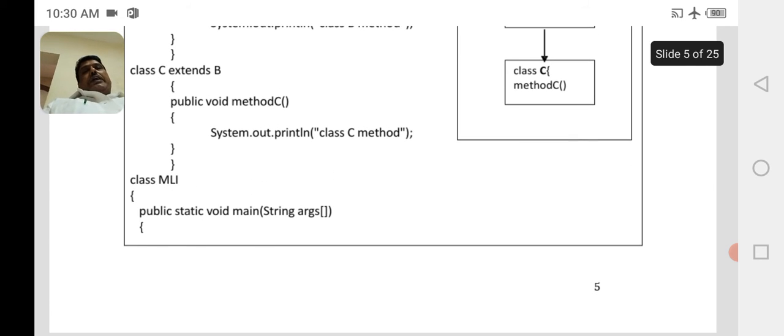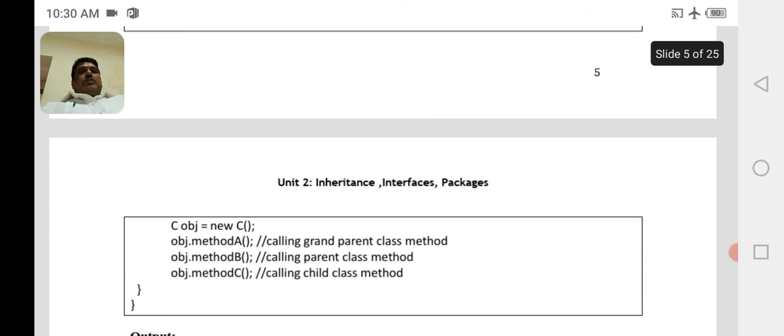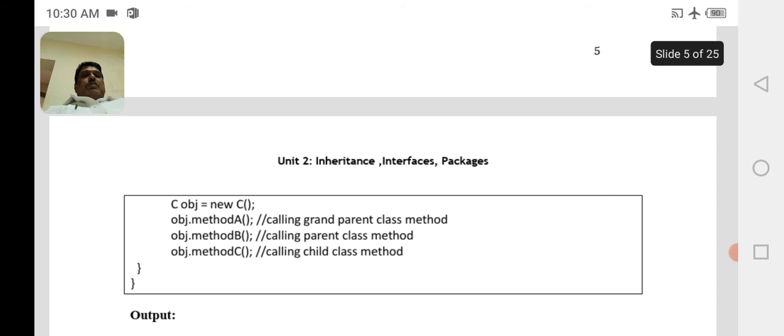To create an object reference variable of the child class C, we have another class MLI, public static void main(String[] args), and the object reference variable of class C is C obj equal to new C().